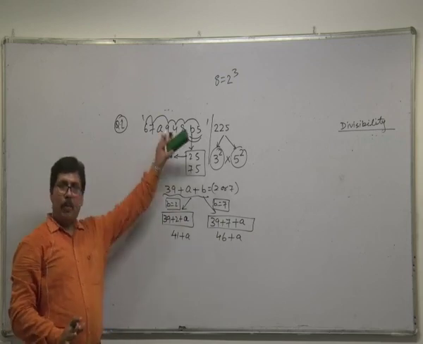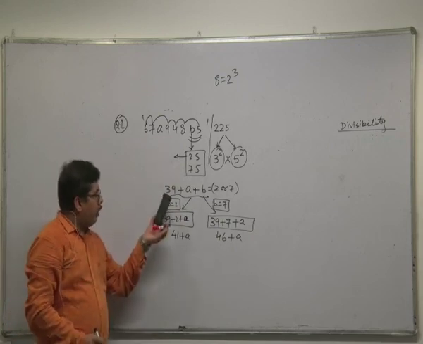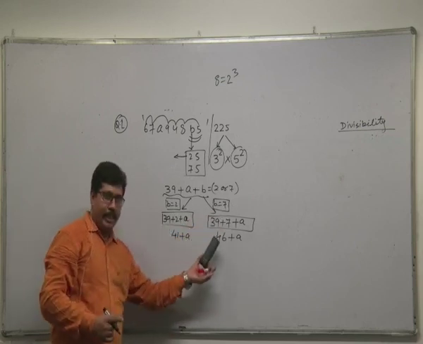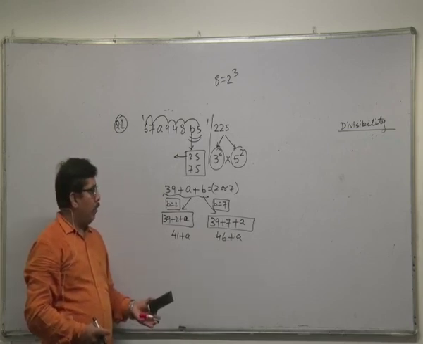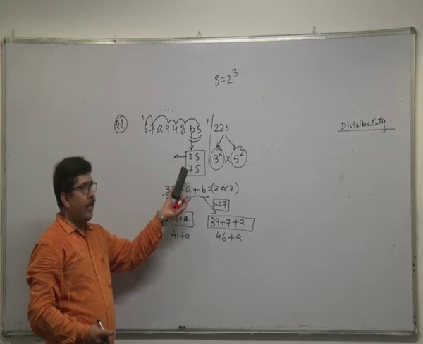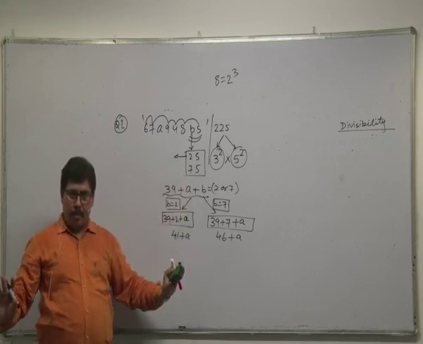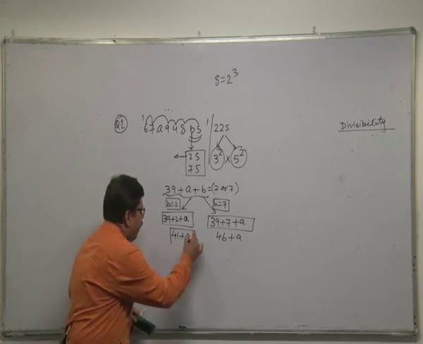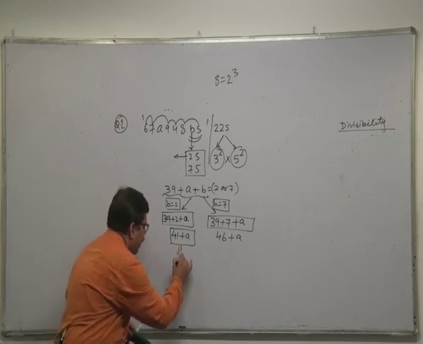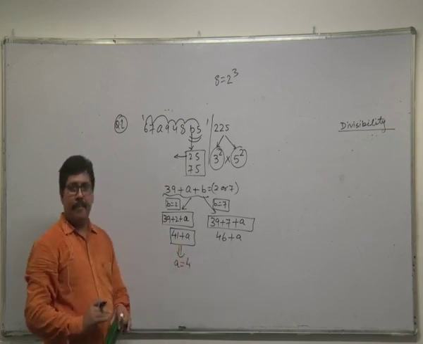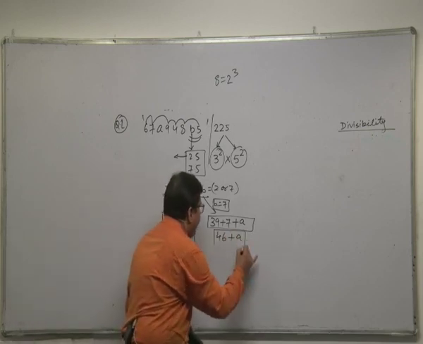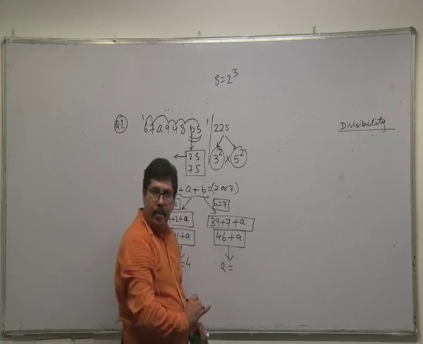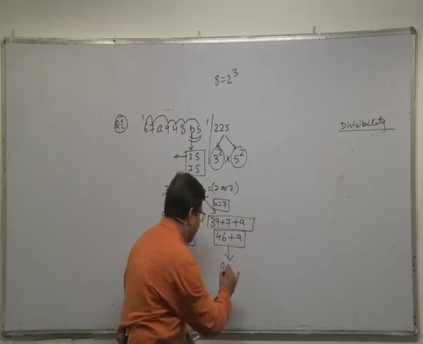I'm sure all these points are clear. So B is either 2 or B is 7. So it is 41 plus A or 46 plus A. If B is 2 or 7, then number is multiple of 25. Now we need to fulfill the criteria for 9. So 41 plus A is multiple of 9 when A is equal to 4, can I say? And 46 plus A is multiple of 9 when A is equal to 8. 9 sixes are 54, so it is 8.